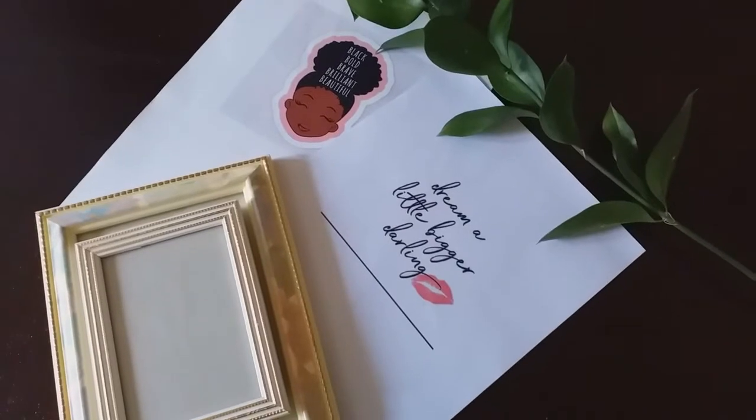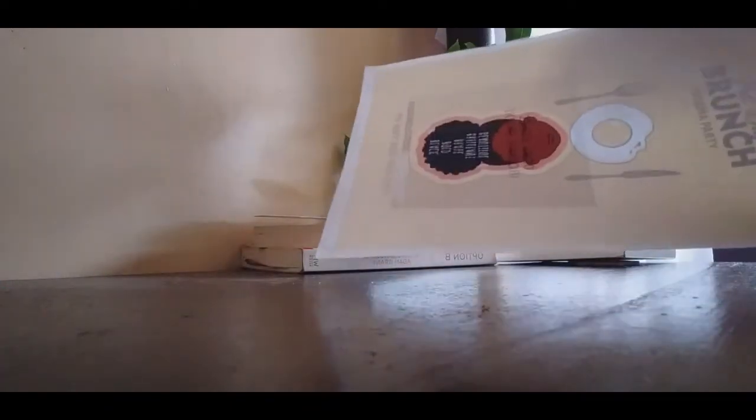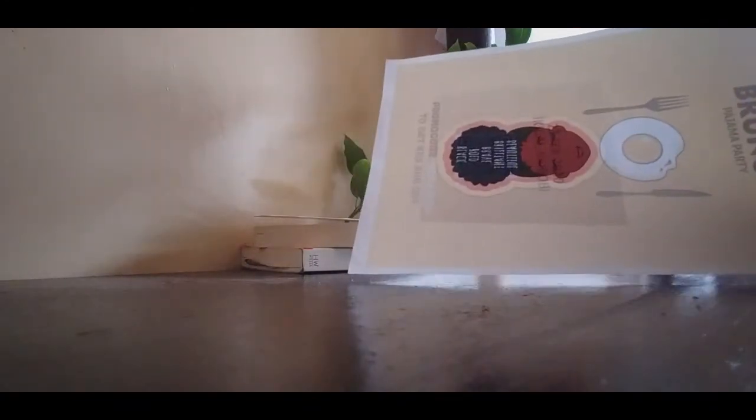So yeah, I just went on ahead and measured the size of the frame, which helped me also know the printout that I needed to come out with that would fit correctly inside the frame. As you can see, it's actually a reused paper, saving on paper. So yeah,